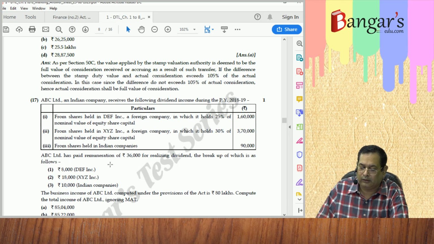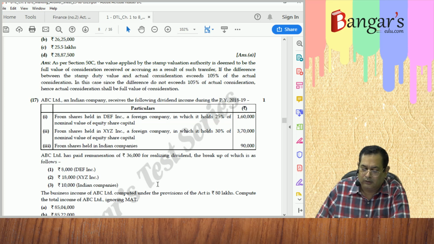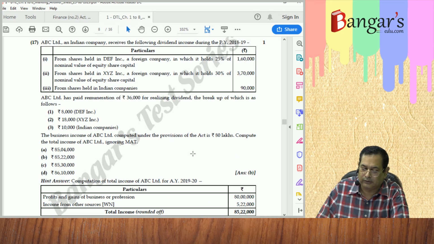Then in the next question, there was dividends from various companies. Business income has been 80 lakh rupees, and we were required to compute the total income. Now first is from shares of DEF Inc, a foreign company in which it holds 25% nominal wealth. This is dividend from foreign company. The same will be chargeable to tax, and whatever expenditure has been incurred to earn such income, the same will be deductible here. From 1,60,000 rupees,